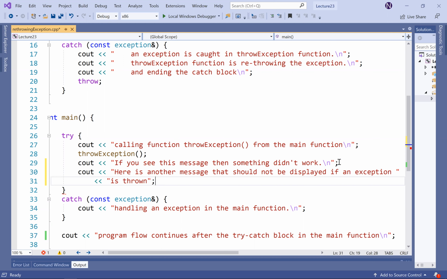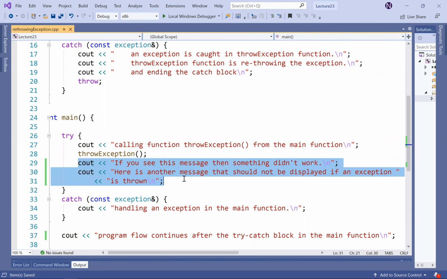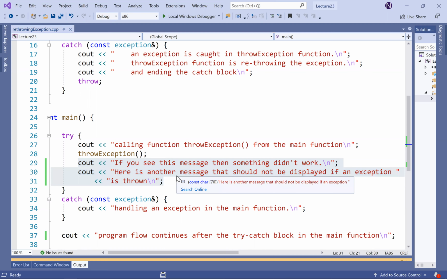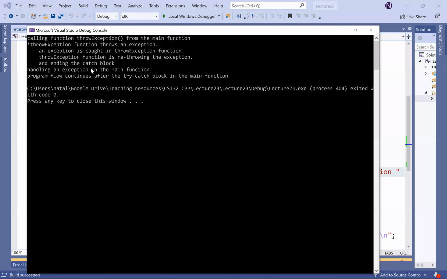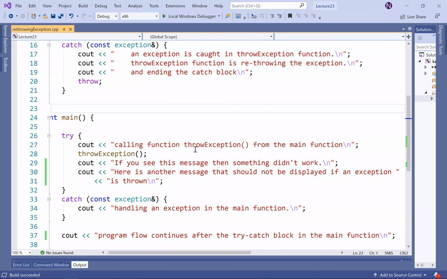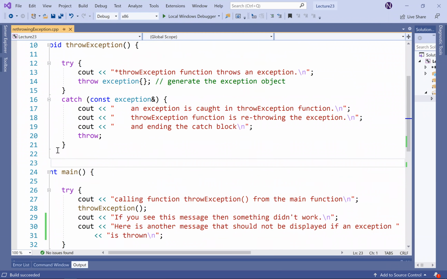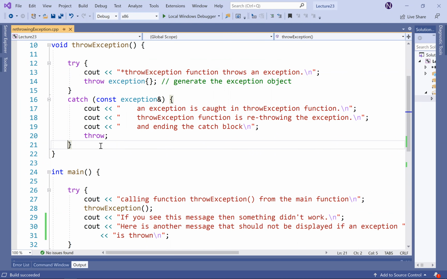So no matter what I have over here, I shouldn't see it, right? None of those cout messages that I have over here, right? So nothing of that kind. However, if I had something after this block here,